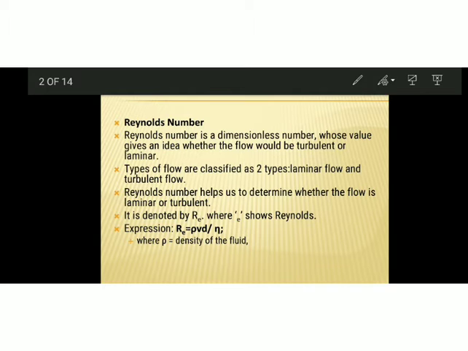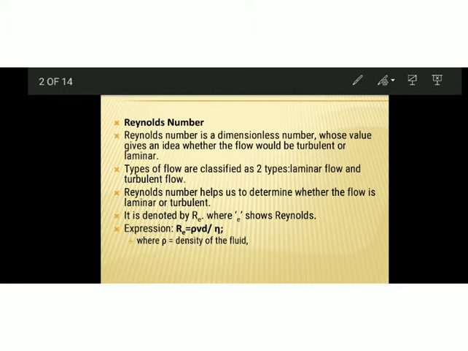Before discussing Reynolds number, I just want to remind you about the turbulent flow and streamline flow. You had already studied streamline and turbulent flow in the beginning of this chapter. So what is streamline flow and what is turbulent flow? See, a streamline flow is an ordered flow. All the particles passing through a point will have a definite velocity. And turbulent flow is a flow in a random, disordered way. There is no particular order for that flow. And we had also discussed some examples for streamline and turbulent flow.